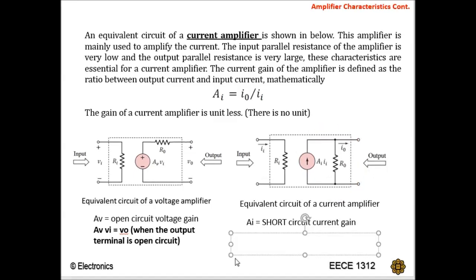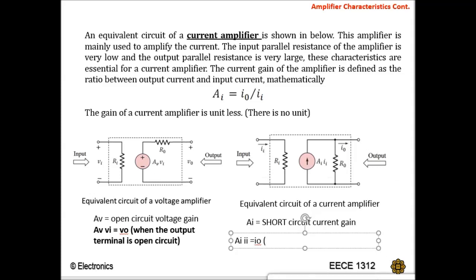Okay, so it is called short circuit current gain because AiIin will be equivalent to Io when there is a short circuit.